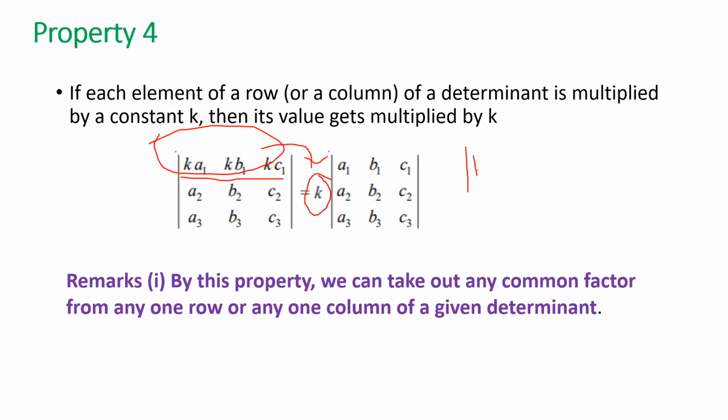But if we are multiplying in the matrix and then taking out common, then it will be taken out common from each row or column. But here we are multiplying the k with only the first row, as we can see in the example. So if it is k outside, then the power will be 1 here. But if it is for 3 rows, then the power will be 3, as it was explained in the previous slide.